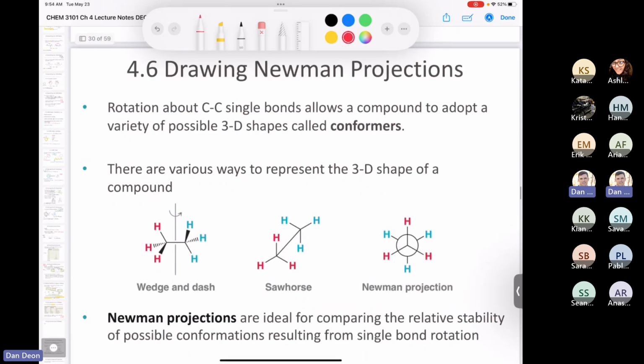Now we're going to take a short break, and when we come back, we're going to look at what are called Newman projections. They were developed by Melvin Newman at Ohio State University a long time ago, and it's one of the ways that we can visualize a structure. I'm going to have to switch back and forth, I think, between my camera and the slideshow a little bit when we come back after our break.